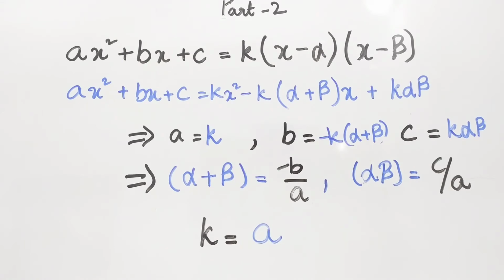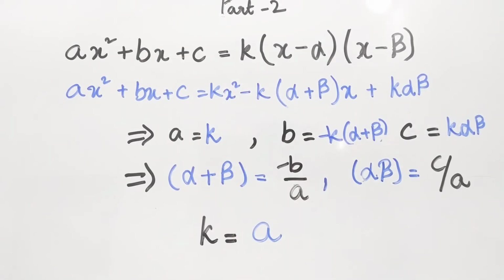This relationship will always hold true between the sum of zeros and the product of zeros of any quadratic polynomial. And if you know the two zeros, there can be multiple such quadratic polynomials you can get, because as you see, the value of k got cancelled. We never found the value of k, right? Which means k can actually take any value. If you only know the zeros of a polynomial, there can be multiple such polynomials depending on the value of k.